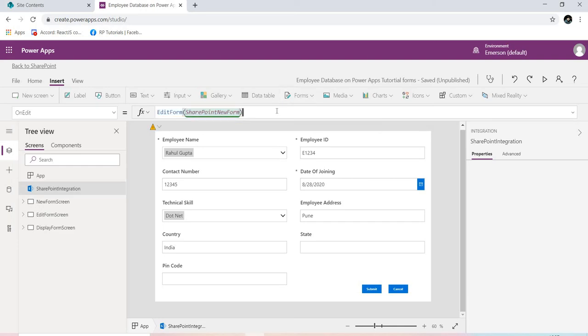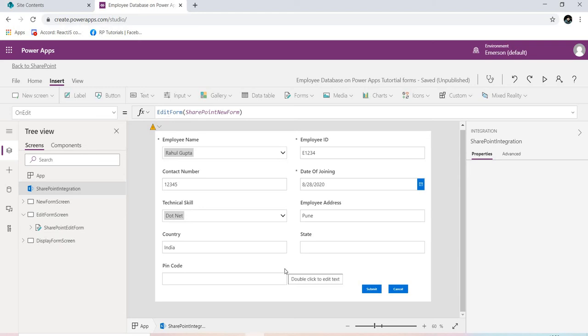So when we want to open the edit form, I have to change this on edit. My edit form should open. So if I directly make a change here, and instead of SharePoint new form, I go for SharePoint edit form, will it open? No, because when you click edit, it should change your form mode.